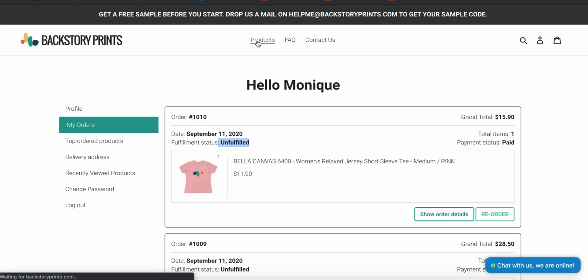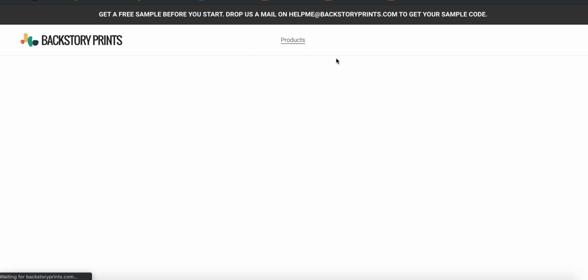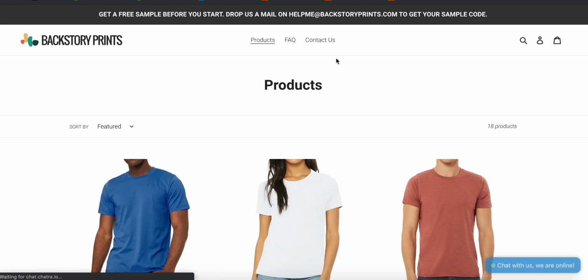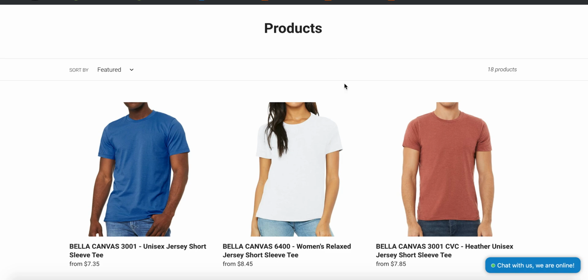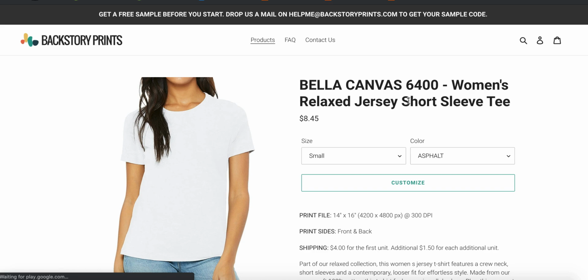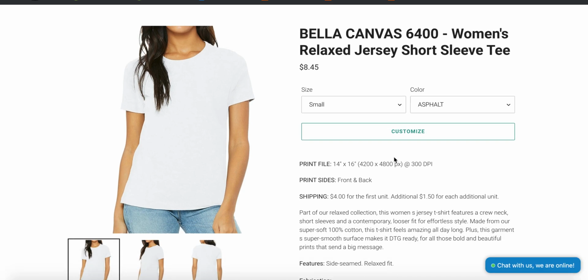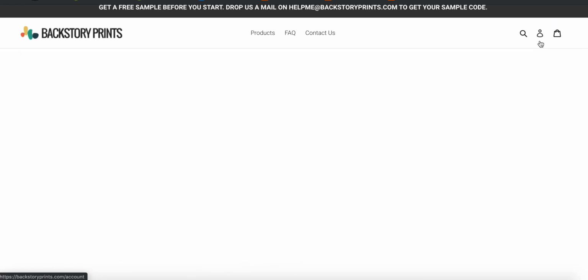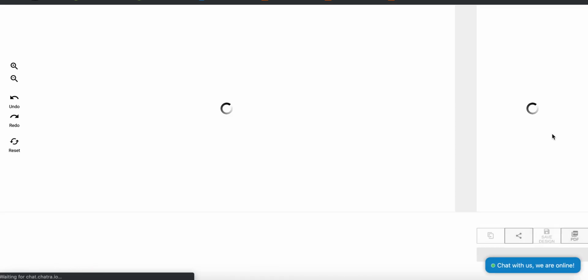So it's going to be a lot quicker once you've actually uploaded all your designs. And I'll just quickly show you. So let's say, for example, now we've got another customer that's ordered the same design, Bella Canvas 6400. They've ordered exactly the same design, but it's a different size. So I just go to my Bella Canvas 6400 after I've logged in, remember. Go there,